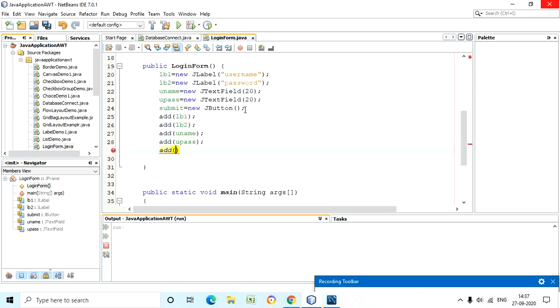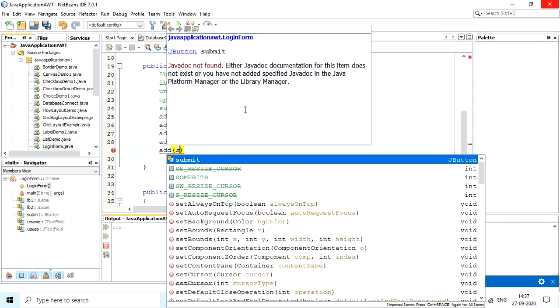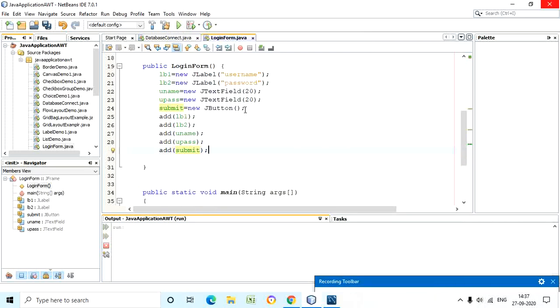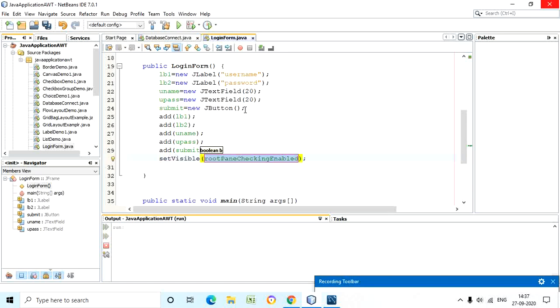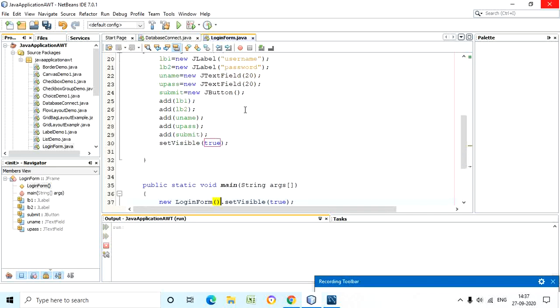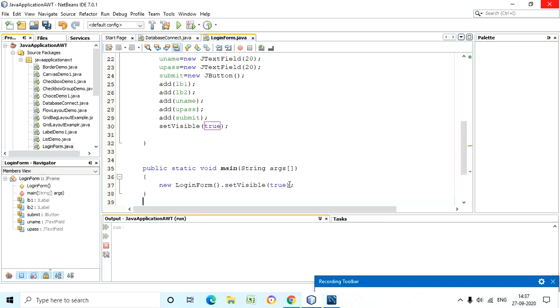That button is submit, right? You have to add that button. So the components are added on a frame, and now you can use the property called setVisible. So now there is no need to call this property. You can directly use it at this point only.